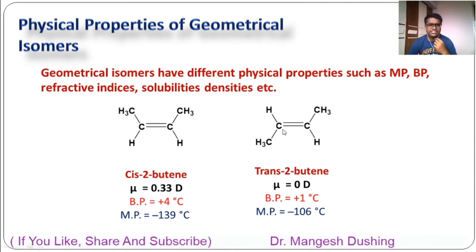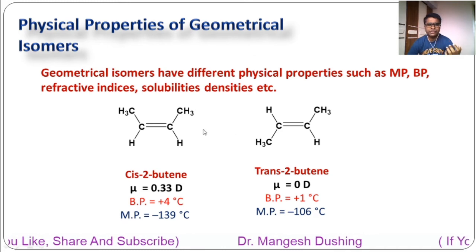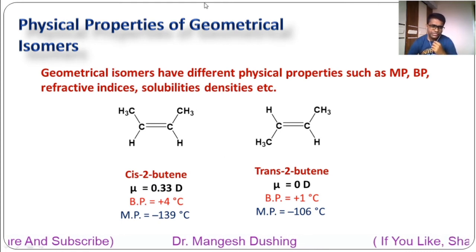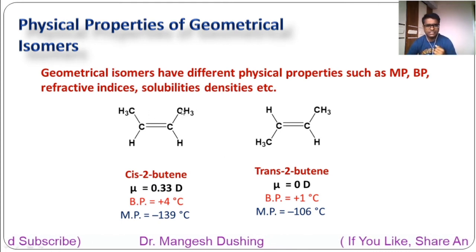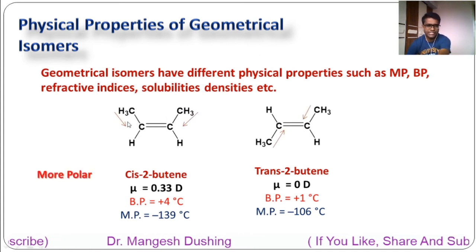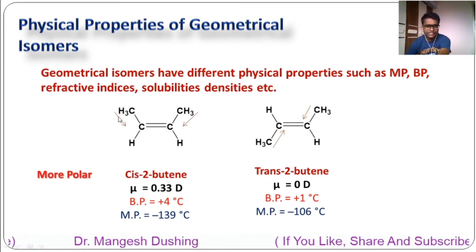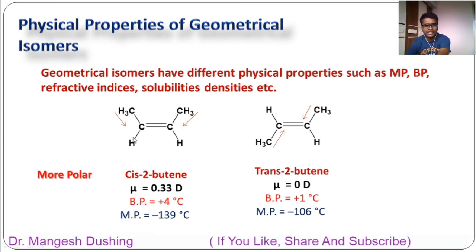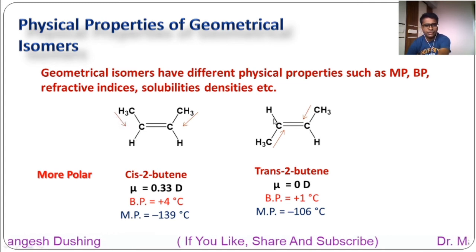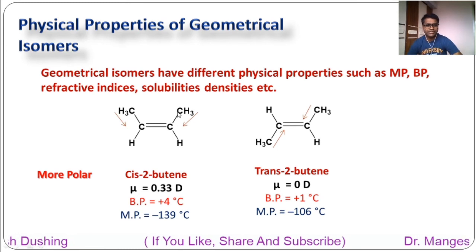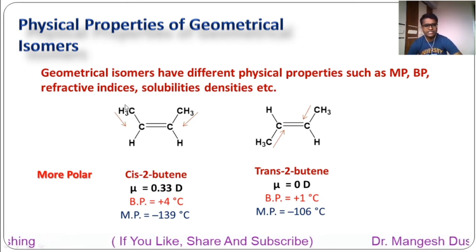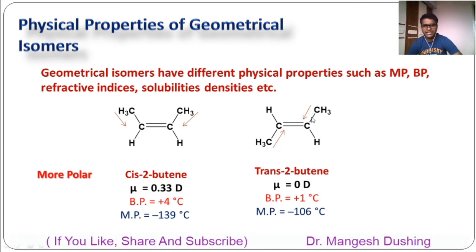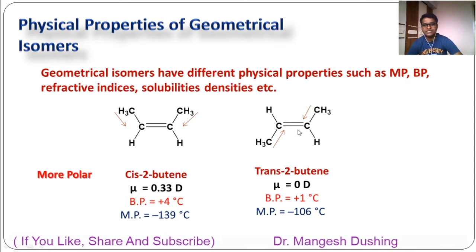See here, their structures are different, so their properties must be different, but what is the effect of the structures on their properties? Now as we know, these methyls are alkyl groups, so they have a plus I effect, electron donating inductive effect. Both methyl groups donate electrons to this double bond, so there is a generation of polarity. All this electron migration is towards only one direction, so it generates a polarity. So this cis 2-butene becomes slightly polar, while in this case, in equal and opposite directions this methyl donates the electron, so they cancel the polarity.